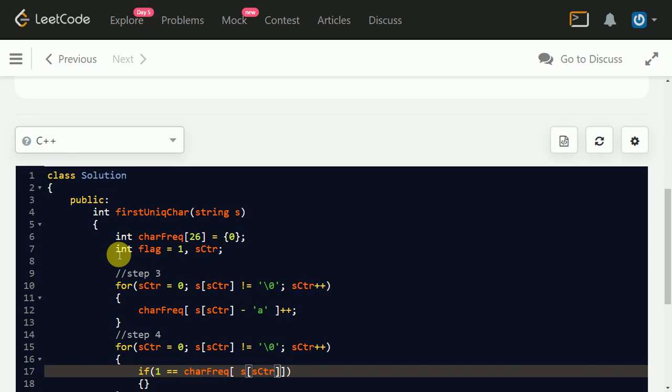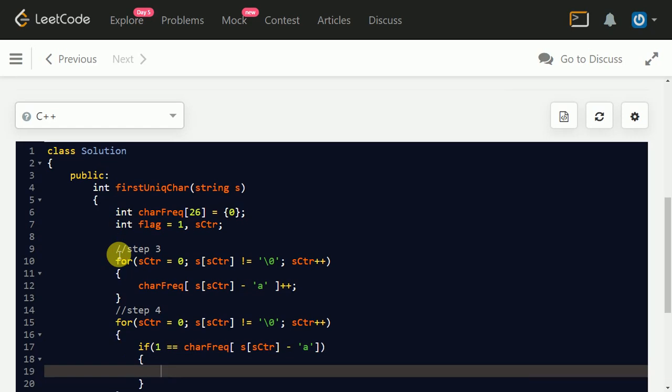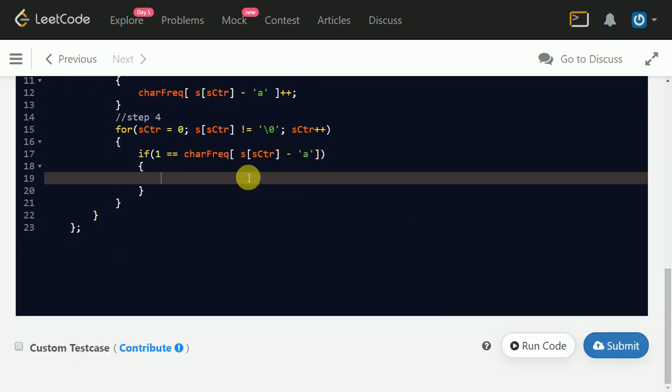So let's do it quickly. Okay, so this is how it's going to work. Now as I mentioned earlier, once you encounter such a character whose frequency is 1, then you have to update the flag's value to 1. Once you encounter such a character, then you have to break this loop.